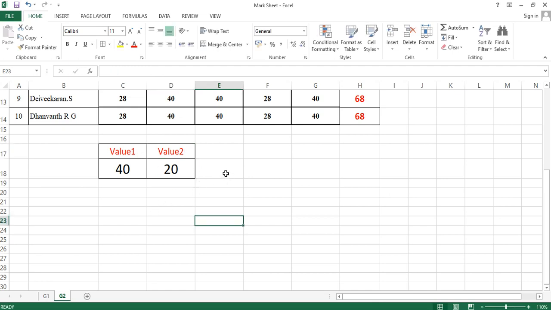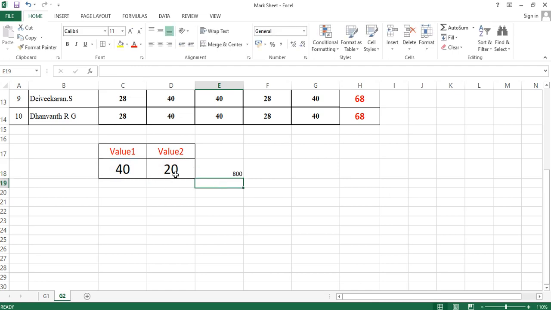Now what I am going to do is, we know addition and subtraction. So multiplication, we can do the same way: equal to, select this cell, and for multiplication we want to select star. So shift and then star, the symbol, and then the same thing, the second value cell we want to select and enter.